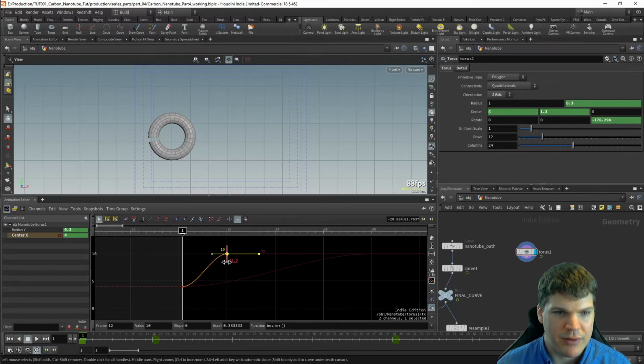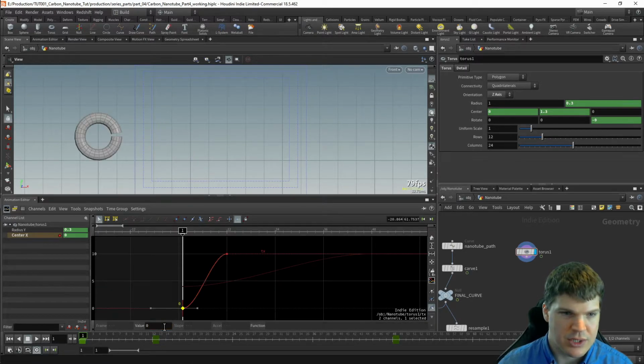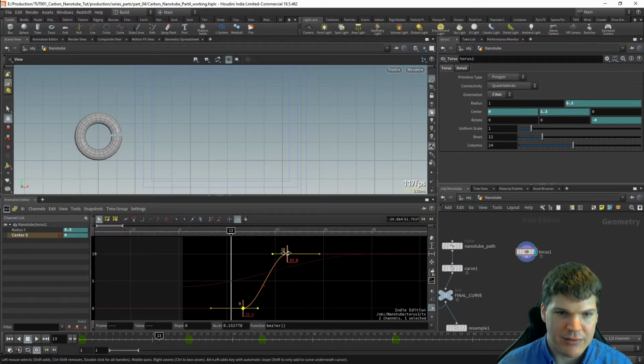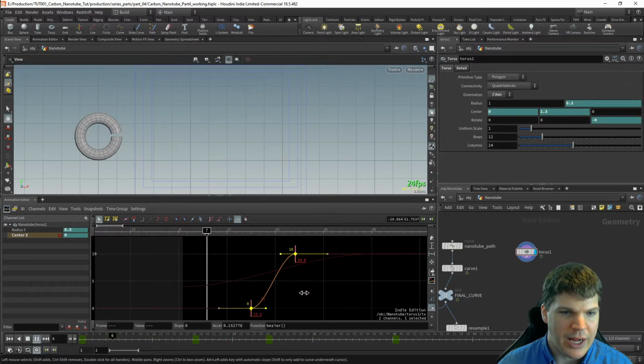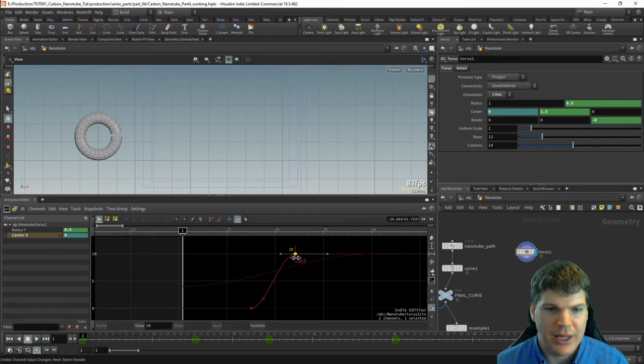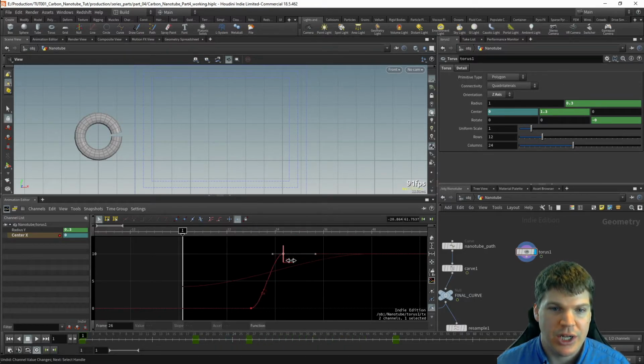So now we're going from 0 to 10, or change it back to 0 to 10, in a very short period of time. And we could select all of them, and by dragging left and right, we can change the whole animation. So I really like this, having two different handles to change the two different things, clicking on the key itself to change the value and clicking on the bar to change the frame. That makes it really nice to have the control and to know that you're changing what you're wanting to change